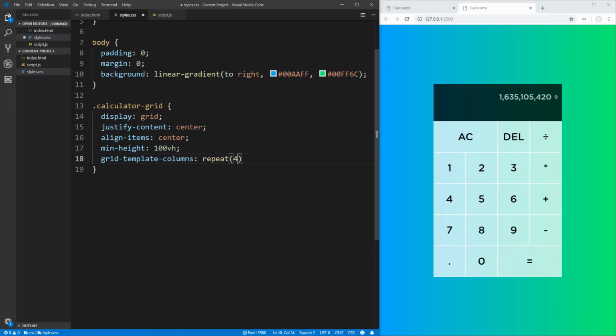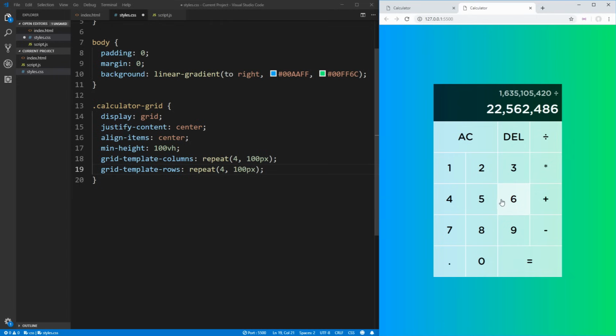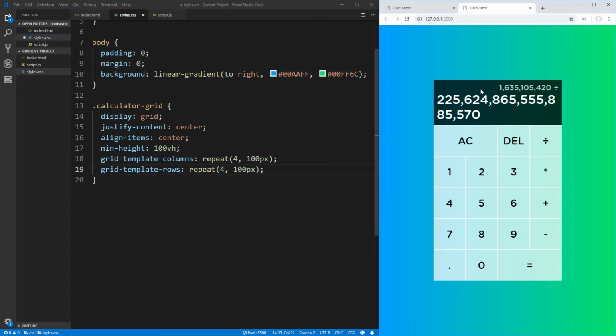We're going to have 4 columns, and our columns are all going to be 100 pixels wide. Next we want to do the same thing but for our template rows. So we're going to have our rows here, and our first row, this output, can grow as large as it needs to. If we input a very large number in here, for example, you can see that this grows to fit